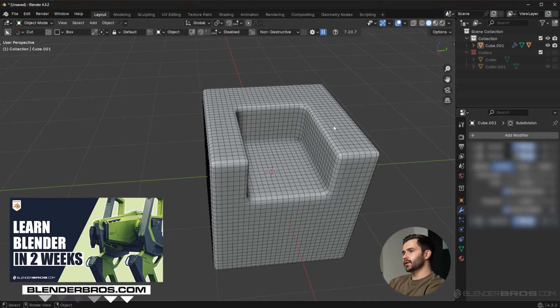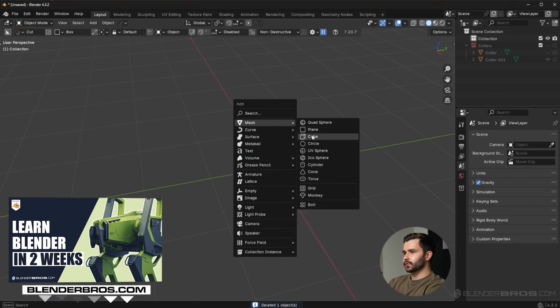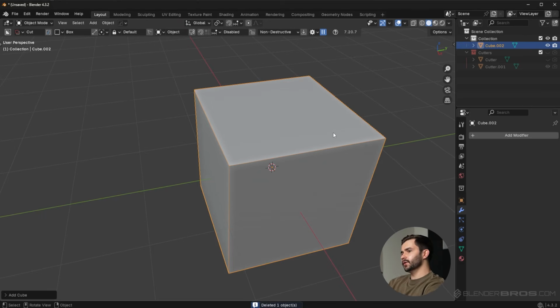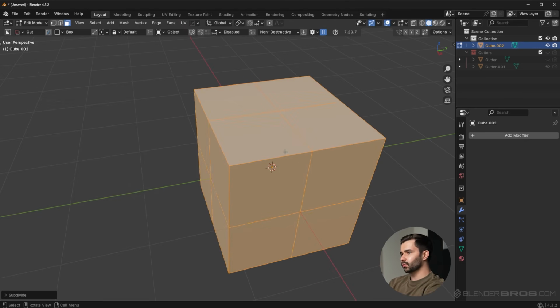So what I'm going to do here is I'm going to just start a new scene. I'm going to add in a cube. Now, if we go back to that video real quick, essentially what's happening is as he moves around the Boolean, this is updating dynamically the topology within the Boolean. Now, let me kind of show you why this wouldn't work normally, especially if you're new, just so you have